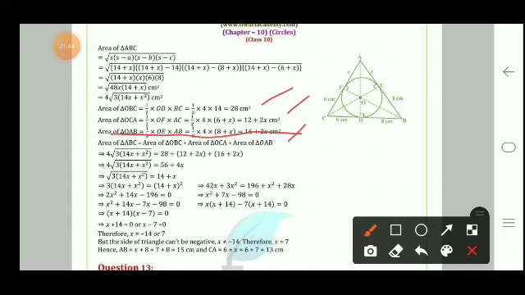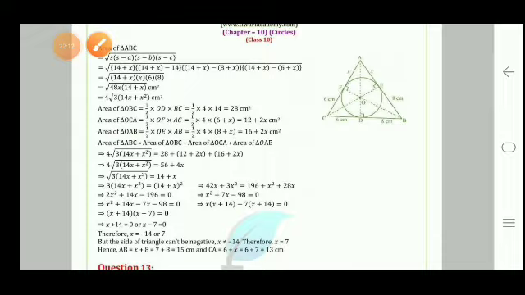Just solving all these, we have to remove the square root, so just doing the squaring on both sides, the result is coming equal to two answers, that is x plus 14 into x minus 7. So x is equal to minus 14, x is equal to 7. So minus 14 cannot be possible, so we'll take x is equal to 7. It means the length of AB is equal to x plus 8, that is 15, and the length of AC is equal to 6 plus x, that is 13 centimeter. So this is one of the very important questions.